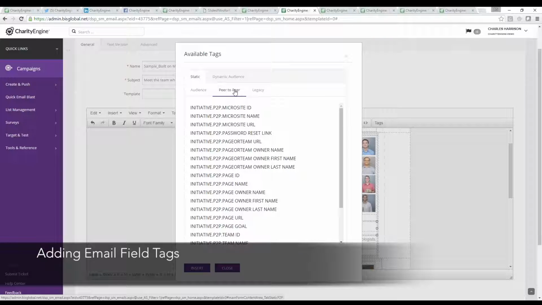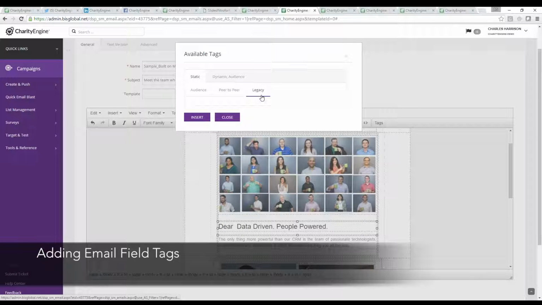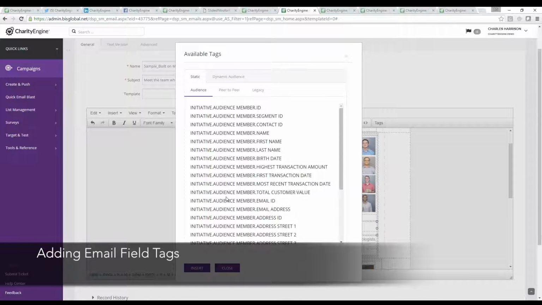I can also pull my peer-to-peer fields as well. So if you're creating a peer-to-peer based form, it will pull all of your peer-to-peer information from here. And Legacy actually doesn't have anything at the moment. So that is lists. That's what you're getting here. So if you're sending to a list, you're fine to use this audience component. If you're sending to a query,